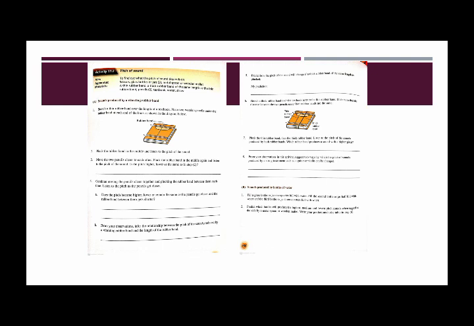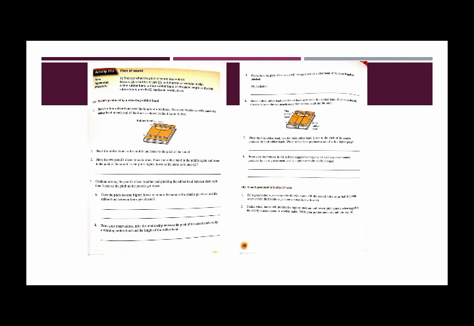Now in step 1, you have to stretch a thin rubber band over the length of the textbook and place two wooden pencils under the rubber band at each end of the book, as shown in the diagram below. In step 2, pluck the rubber band in the middle and listen to the pitch of the sound. What is the pitch of the sound? It means how thick or how thin the sound is.